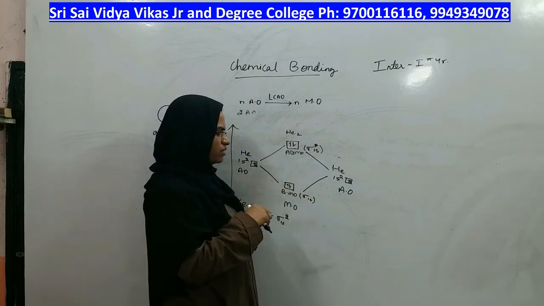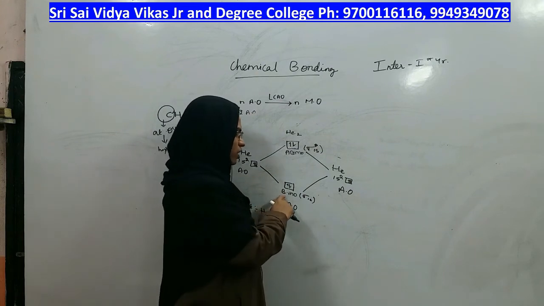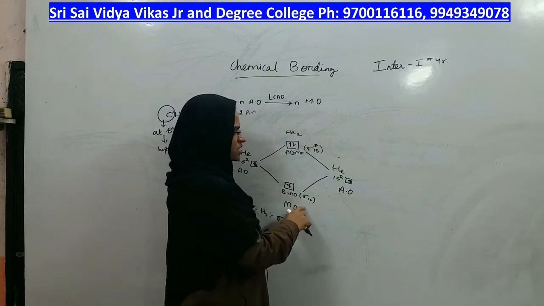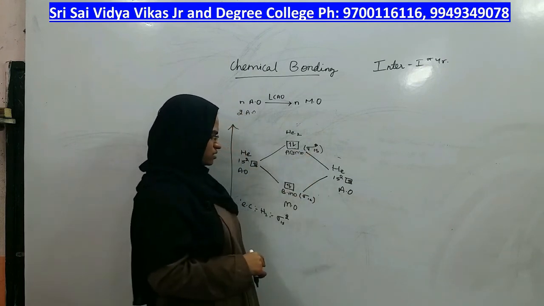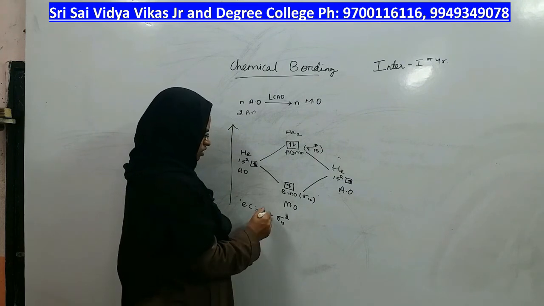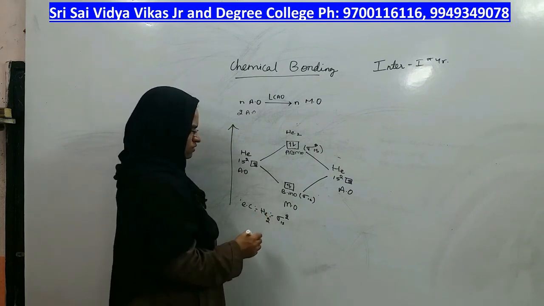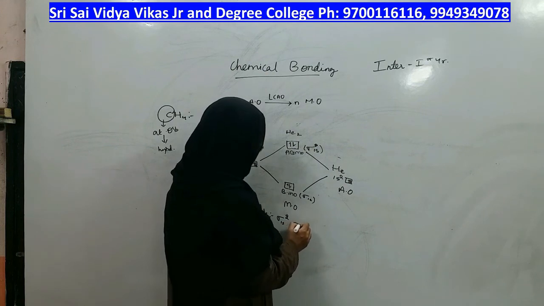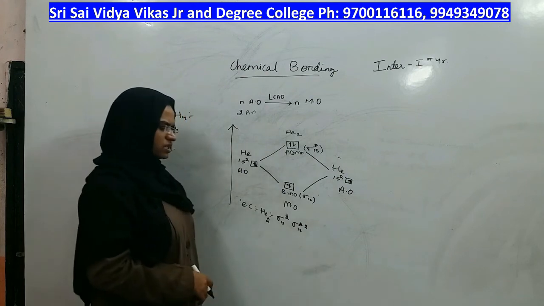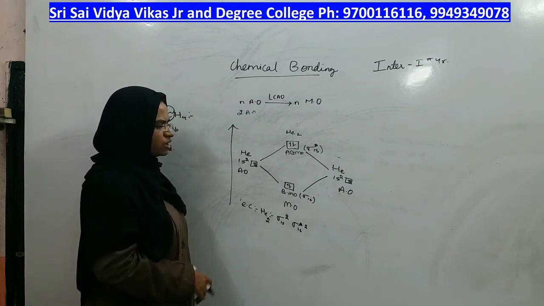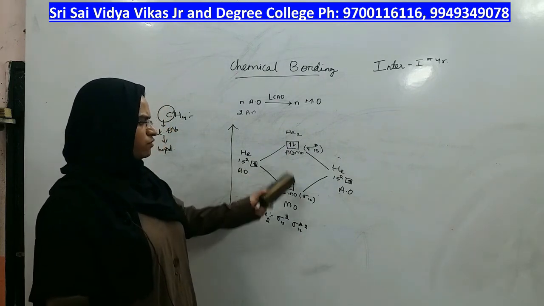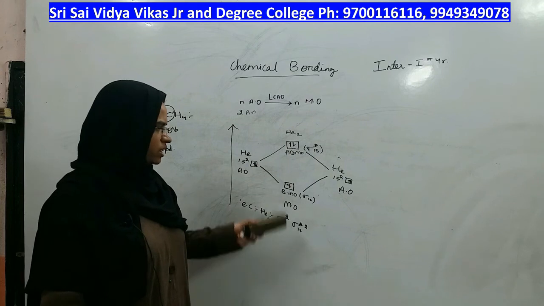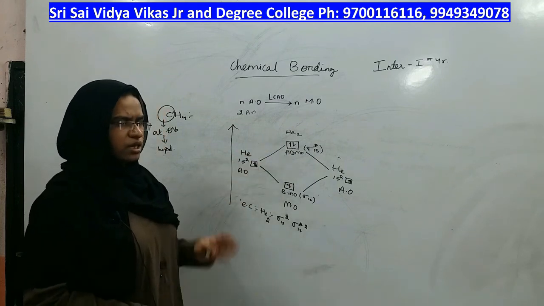Out of the 4 electrons, you have given 2 electrons to the bonding molecular orbital, which is sigma 1s, and 2 electrons to the anti-bonding molecular orbital, which is sigma star 1s. So let us write the electronic configuration of the helium molecule, which is sigma 1s2 and sigma star 1s2, which also has 2 electrons, right? Two atomic orbitals combined to give 2 molecular orbitals. Out of that, half will be bonding and half will be anti-bonding, right?